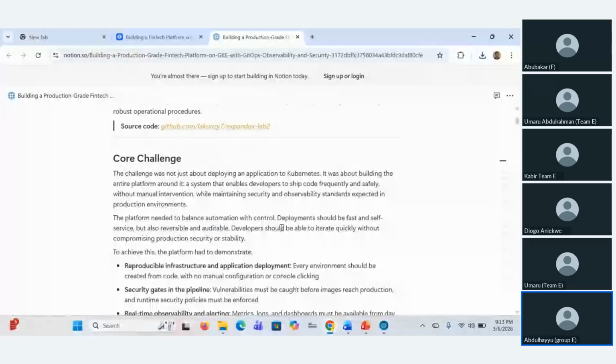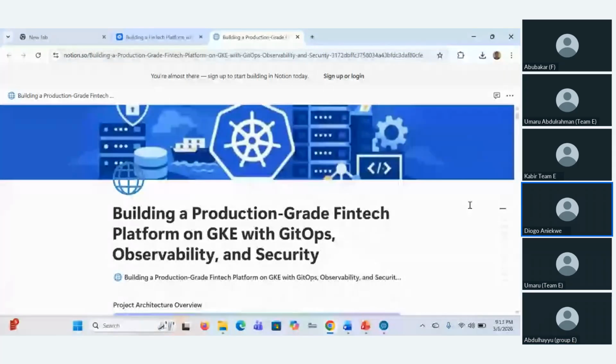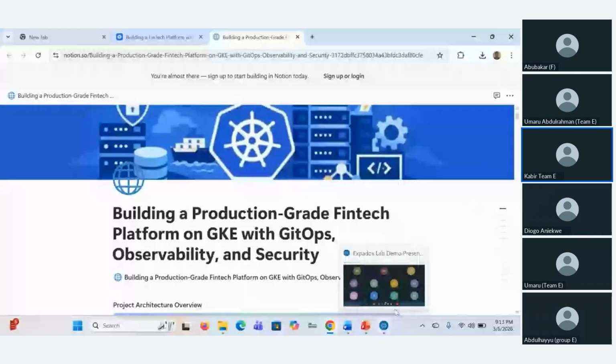All right, so I'll be sharing my screen now, and I'll call on my team members so they can present as I share my screen. Can you all see my screen? Yes, we can. All right, so